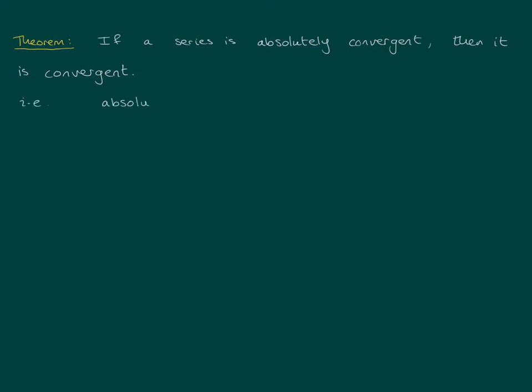Okay, and this actually, if we think about it, there's some intuition behind this. What are we doing when we're looking at a series? We're taking these a_n and we're adding up more and more of them, and we're looking at the limit as we add up more and more a_n. Now, taking the absolute value of the a_n forces them all to be positive, the same sign. So when you're adding up all these little lengths, they're working together in their attempt to diverge. So if you still converge when they're all working together, so if you have absolute convergence, then you're going to get convergence when they're potentially working against each other, i.e. having positive and negative. Okay? So absolute convergence is stronger than convergence.